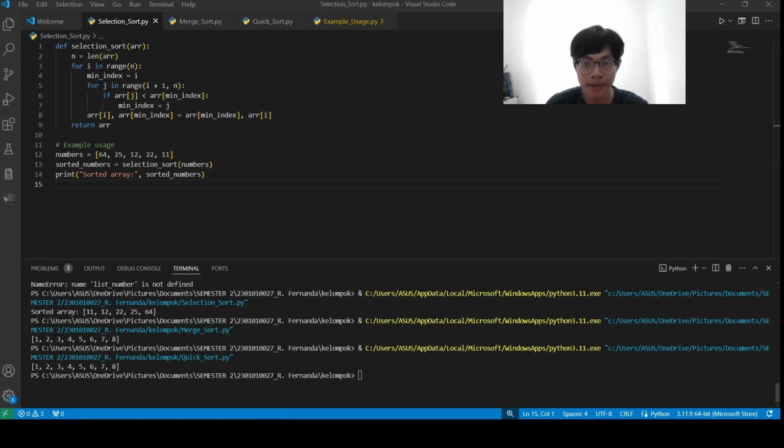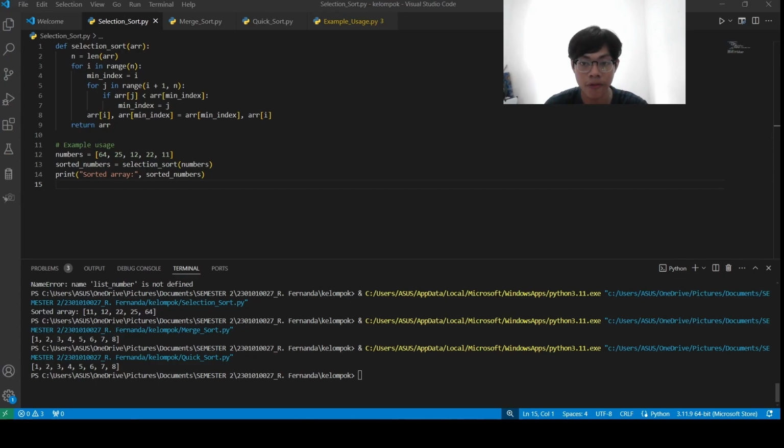And the result will be 11, 25, 12, 22, and 64. And step 2 is to find the next smallest number, 12, and place it next. As a result, it will become 11, 12, 25, 22, and 64. And step 3 is to find the next smaller number, 22, and place it next.